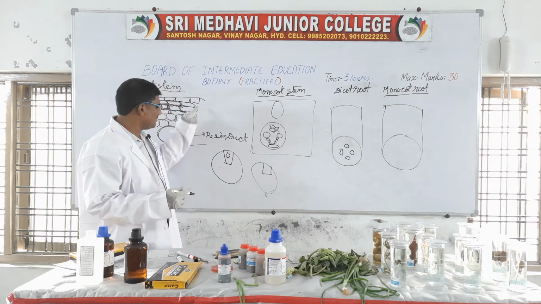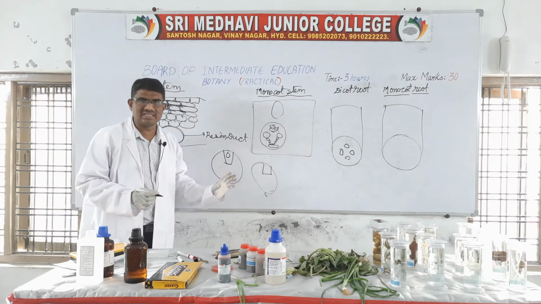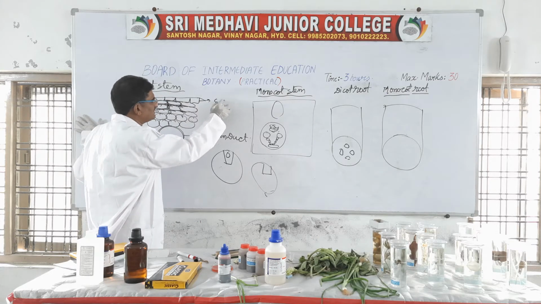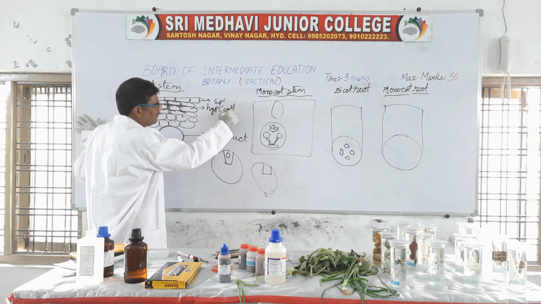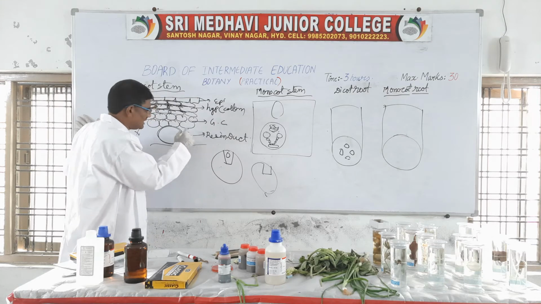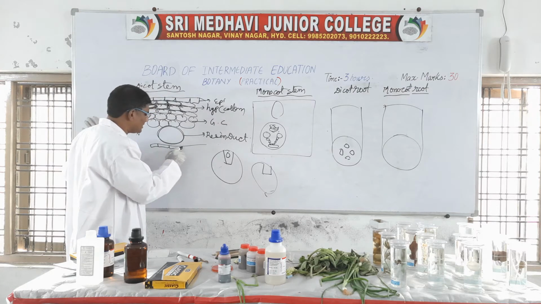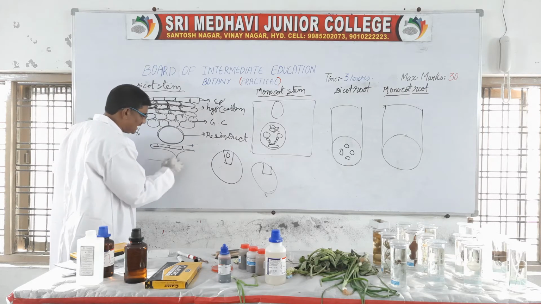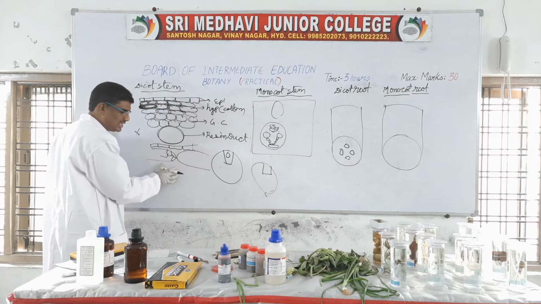Mainly in the dicot stem, many parts are there, and all parts are necessary for the practical examination. The dicot stem consists of first the epidermis, then the hypodermis, which is made up of collenchymatous tissue. Then the general cortex, which contains resin ducts. Then the endodermis, a single-layer endodermis. After the endodermis comes the pericycle. The pericycle is sclerenchymatous tissue and is discontinuous.